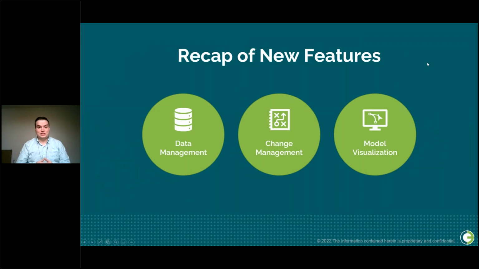With these changes, we're able to continue to deliver against our goal of simplifying AWP implementation and improving collaboration across stakeholders. With data management, we're able to simplify the AWP process by adding automation and tracking, preventing duplicative entry. With expanded change management, we're able to help engineering and construction further coordinate and collaborate. And finally, with expanded model and visualization capabilities, we're able to expand who can leverage the benefits of AWP and provide additional oversight and optimization for our project. In this way, O3 provides a powerful tool for successful AWP projects across many of our stakeholders.